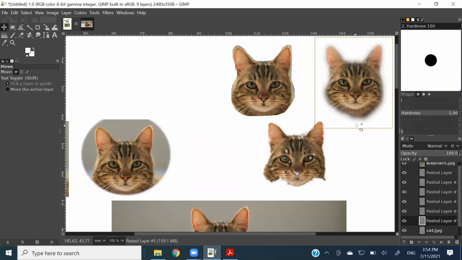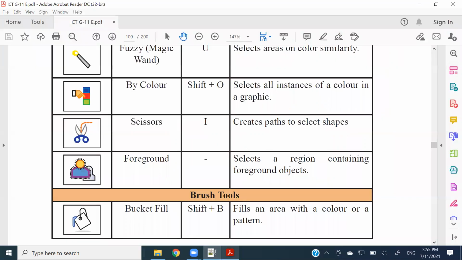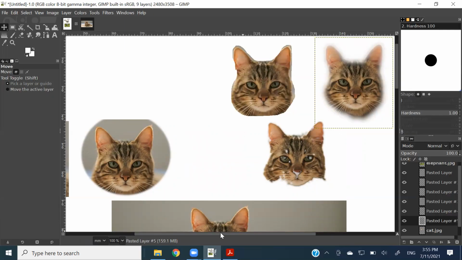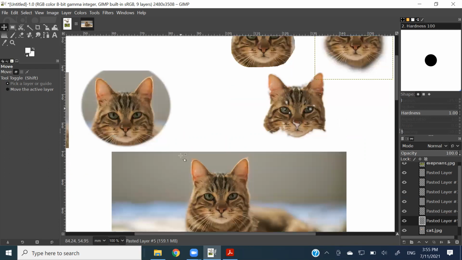This is what you call feather selection, right? So those are the ways that we can do selections on a particular picture. There are several ways of selecting. According to your requirement, you choose what selection you are going to do, right? And I need to show you something like that